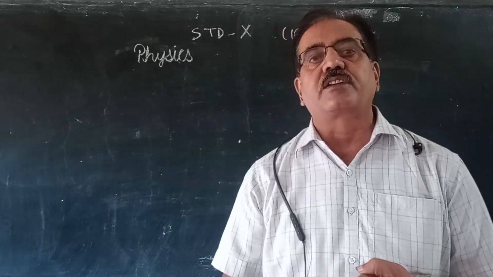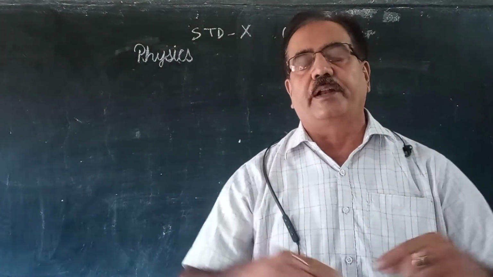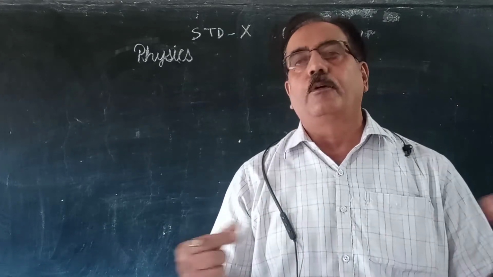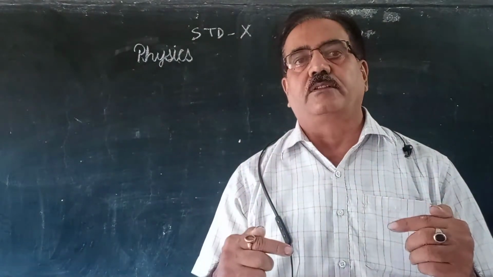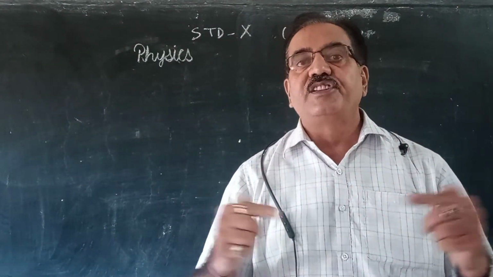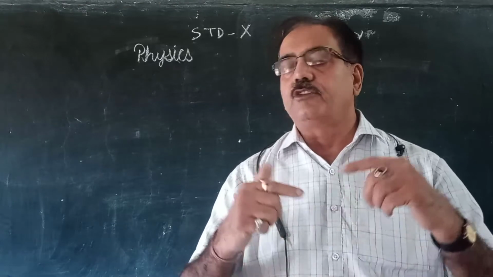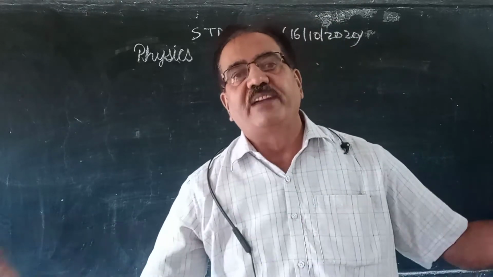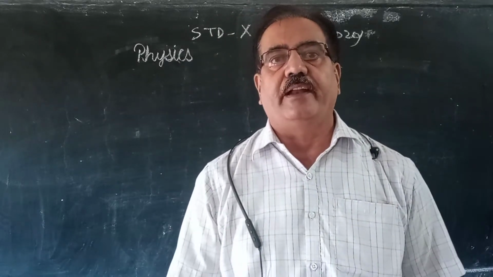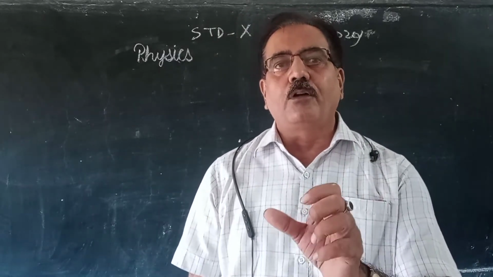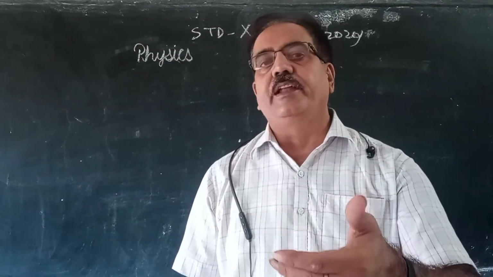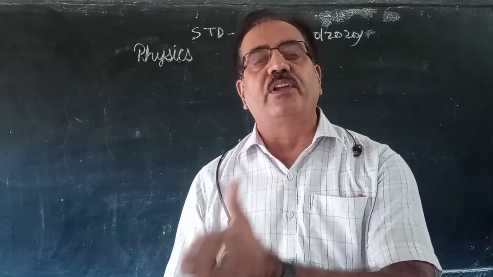Resistance means obstruction in the path of flow of current. When current flows, in the path of the flow of current there is obstruction. This obstruction is known as resistance. And resistivity, since you know this is obstruction, so all the materials like copper, aluminum, silver, we are using different wires. So all the wires do not have the same resistance, right? So a specific material has some particular own resistance.